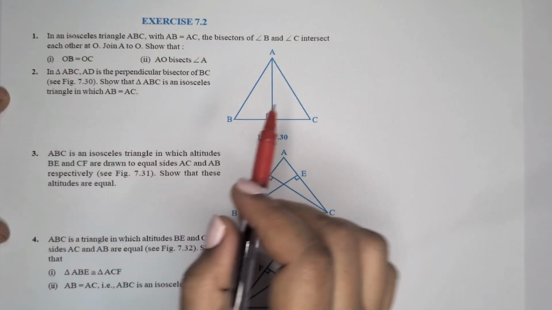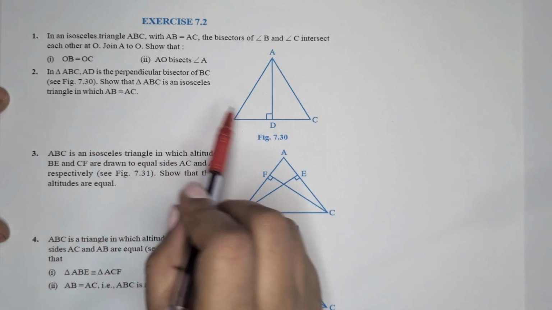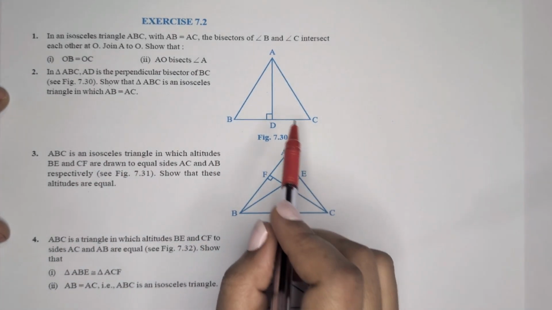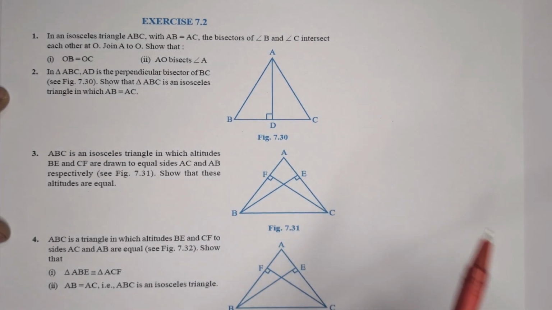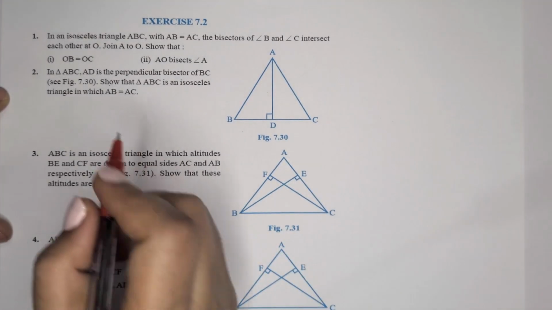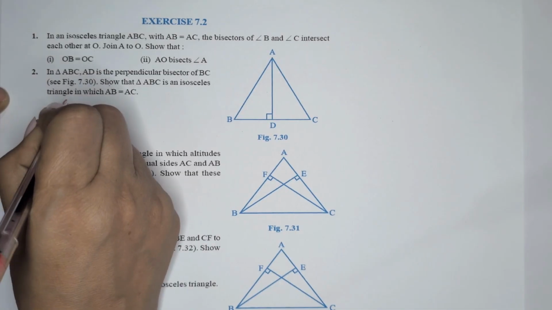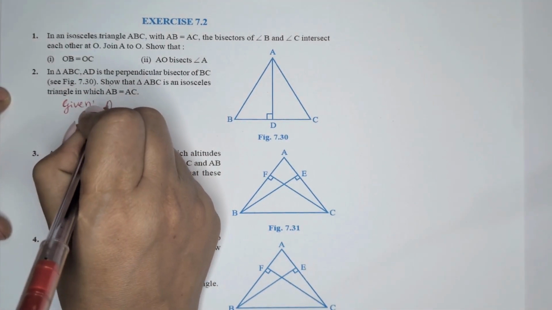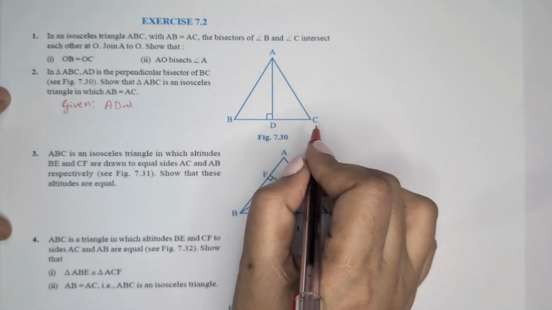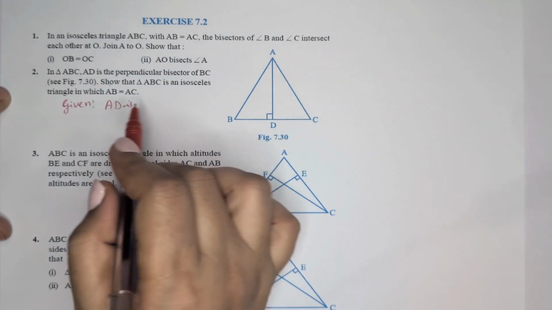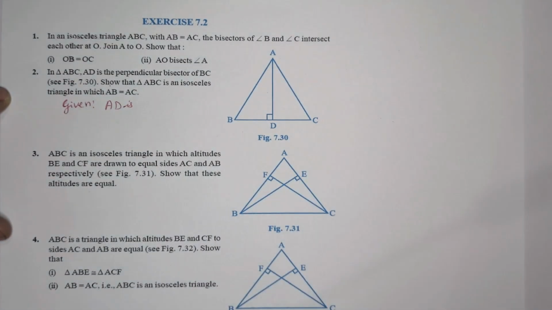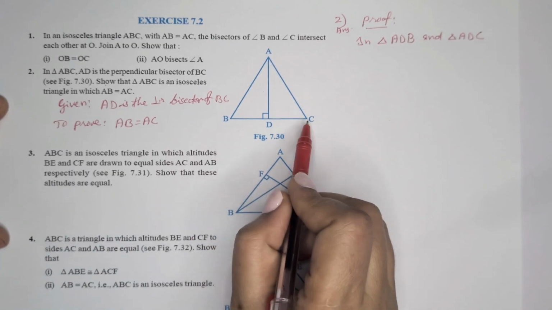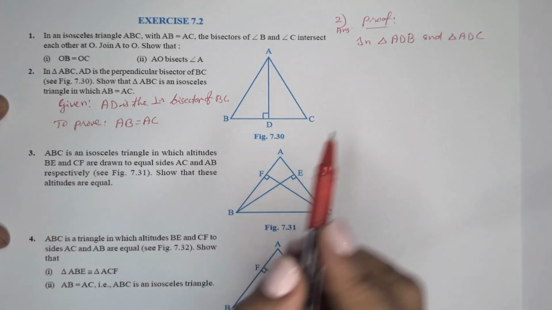Second question. Here in triangle ABC, AD is the perpendicular bisector of BC. Show that triangle ABC is an isosceles triangle with AB is equal to AC. So we can write first given terms. Here given that AD is the perpendicular bisector of BC, and to prove AB is equal to AC. For that proof,